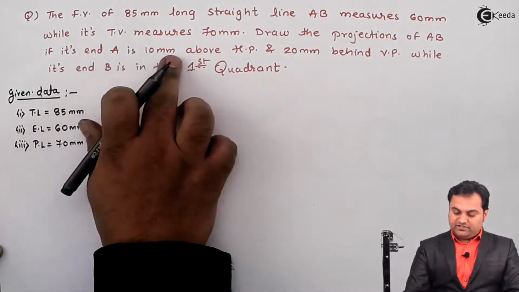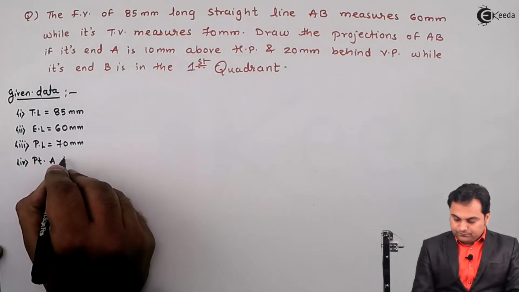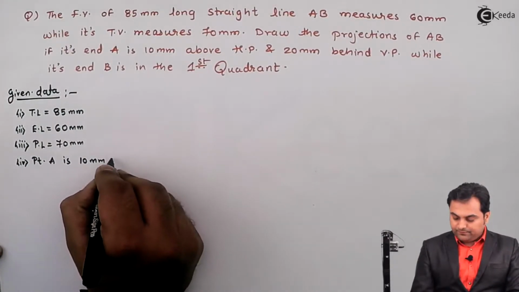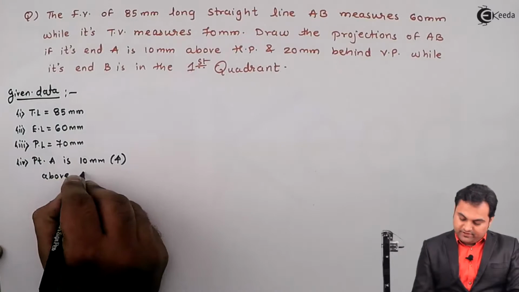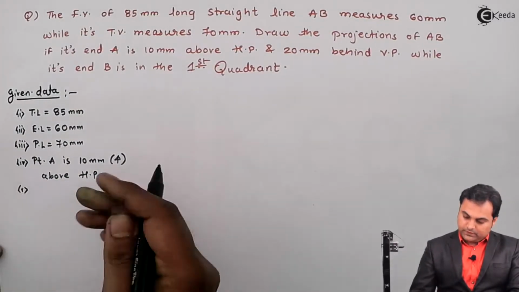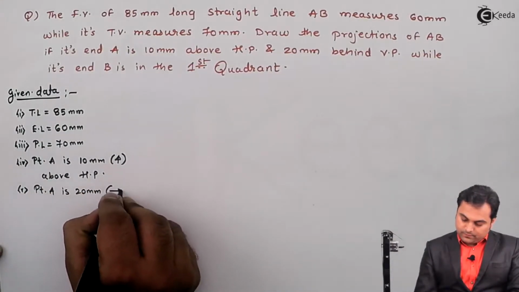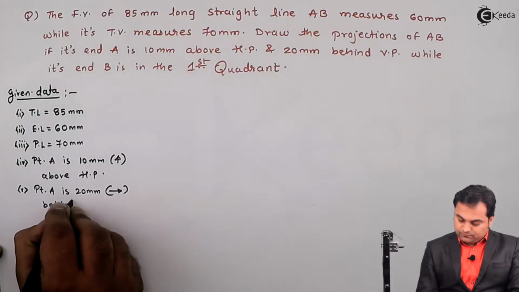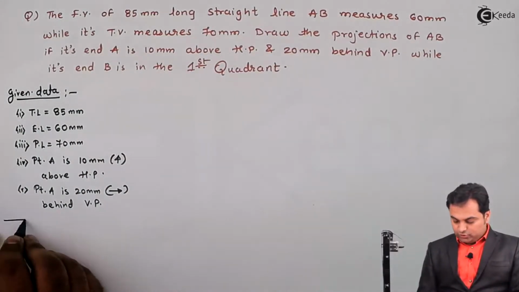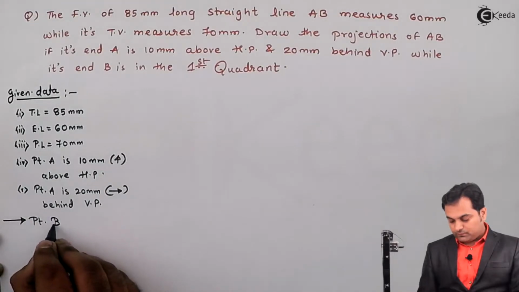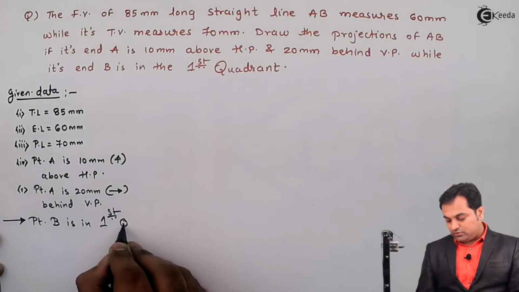Draw the projections of AB if its end A, that is point A, is 10 mm above HP and 20 mm behind VP, while end B is in the first quadrant. So point B is in first quadrant,